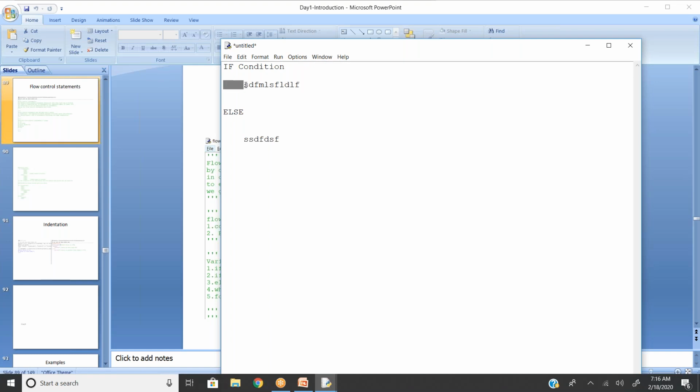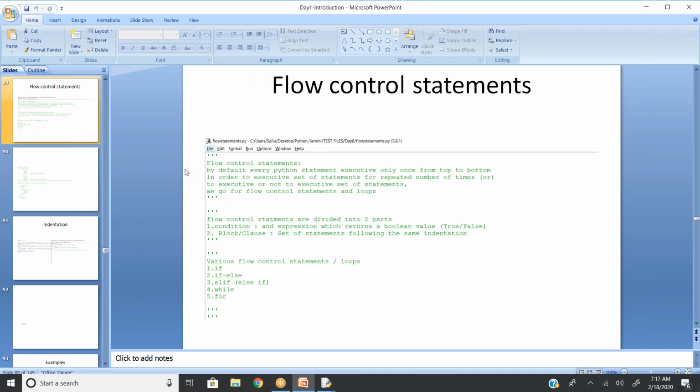This space decides whether a line is part of the main program or within the condition block. If I give it without spaces, the system assumes that the second line is also part of the main program, not a sub block of the condition. Got it? We'll see that in detail.